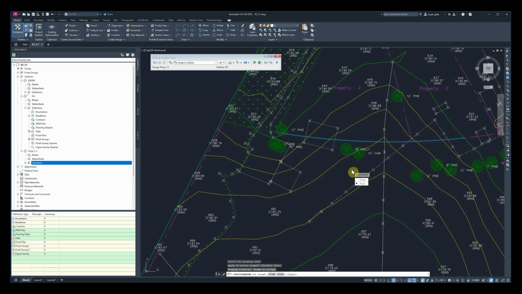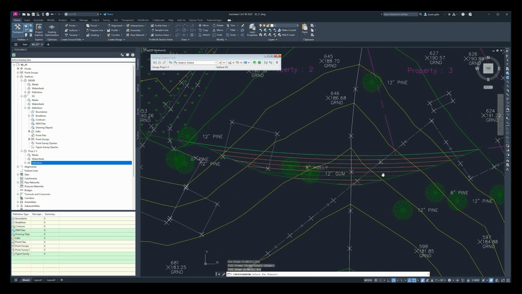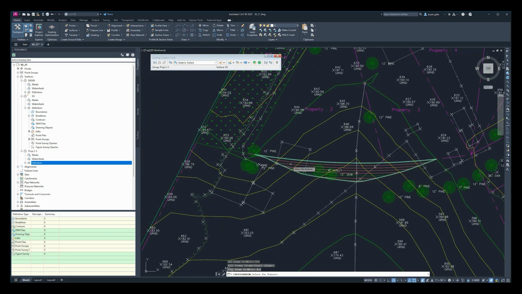Then we're going to pick slope as our grading format. And then we're going to do a 2 to 1 cut slope. Then for our fill, again, we're going to leave it as slope. Press enter, and we're going to fill at a 4 to 1 slope ratio. So now we see we have this new surface, this new grade showing up at the edge of this property, where we're going to need to make adjustments and where earthwork's going to need to be conducted to match the criteria of our project. This is going to be something that's pretty common in subdivision developments,